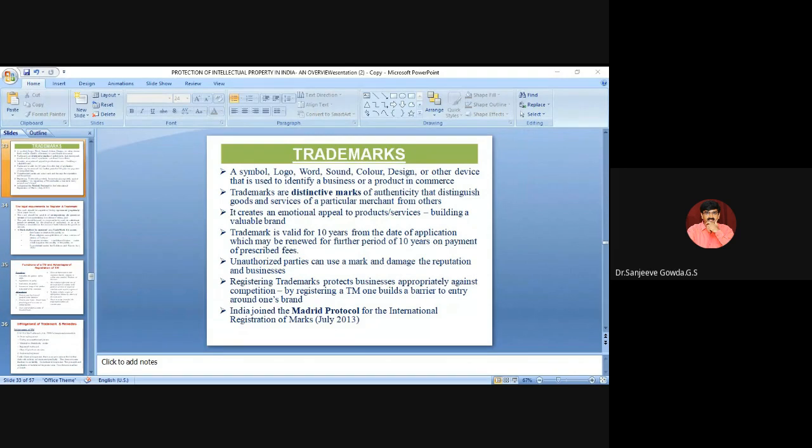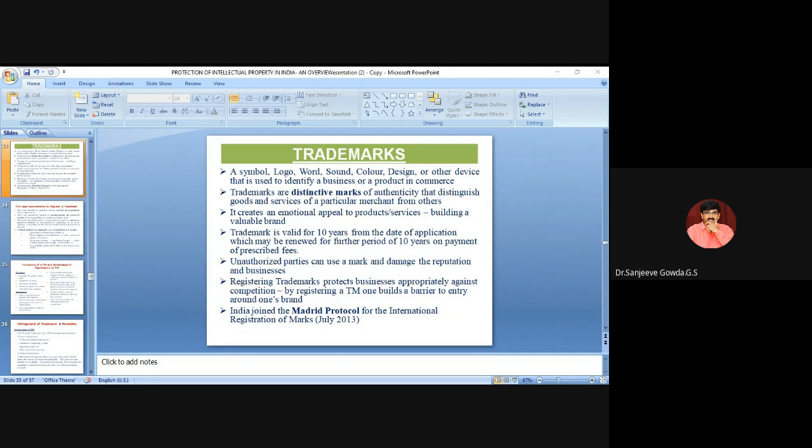The Trademarks Act 1999 provides both civil and criminal remedies in case of infringement. In India, infringement of a trademark is a cognizable offense, which means the infringer may face criminal charges along with civil charges. Civil remedies are obviously injunction. You may seek an injunction, temporary and permanent, and you may seek damages for the cost to your reputation. Then you may seek an account of profits,